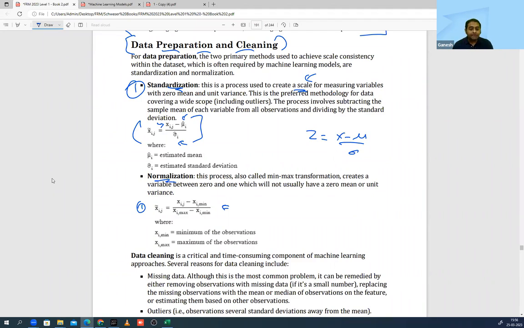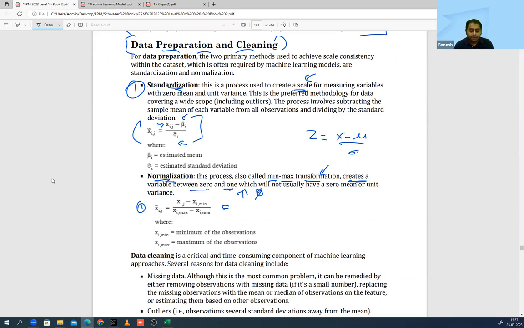That is how normalization works, and if you look at the formula also, this is a minimum and maximum transformation. That means they're using the maximum value in the data and the minimum value in the data to take a decision. That is what they're telling you. And they are creating a variable which is between 0 and 1. This is important. Between 0 and 1. So mark it as a star. And see, the formula is not very difficult.